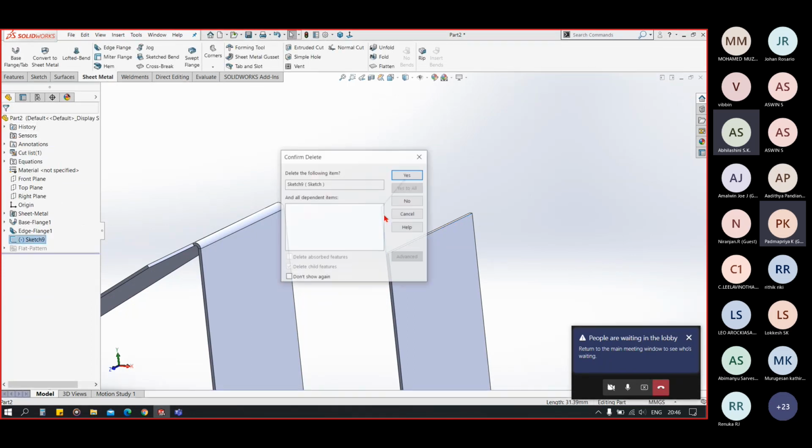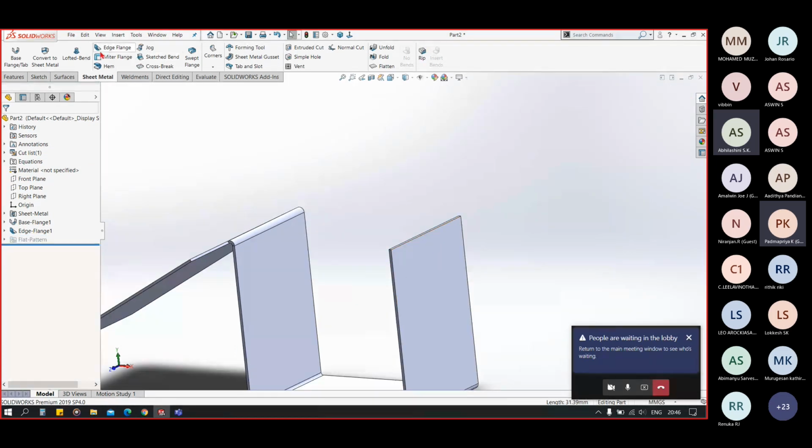So likewise we can have our miter flange.